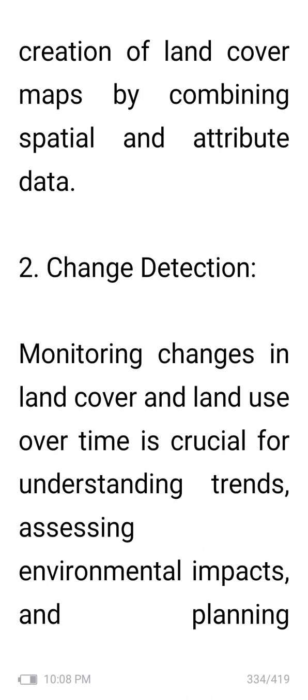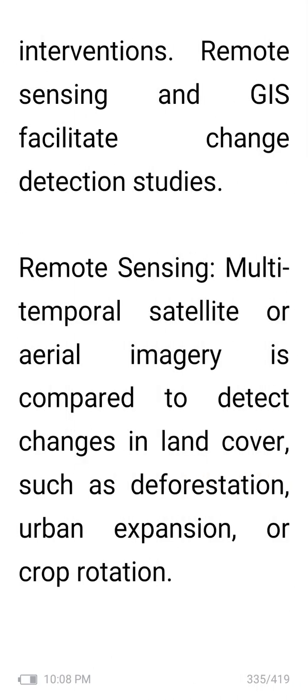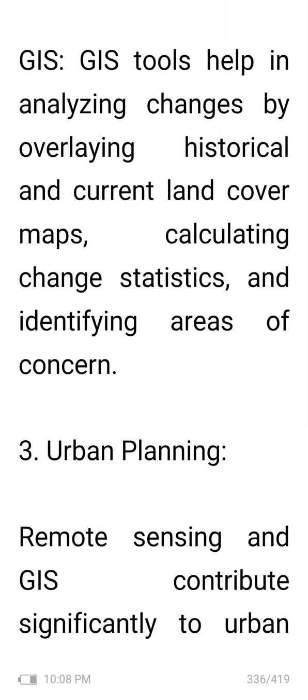and attribute data. Then change detection: monitoring changes in land cover and land use over time is crucial for understanding trends, assessing environmental impacts, and planning interventions. Remote sensing and GIS facilitate change detection studies. In remote sensing, multi-temporal satellite or aerial imagery is compared to detect changes in land cover such as deforestation, urban expansion, or crop rotation. And GIS tools help in analyzing changes by overlapping historical and current land cover maps, calculating change statistics, and identifying